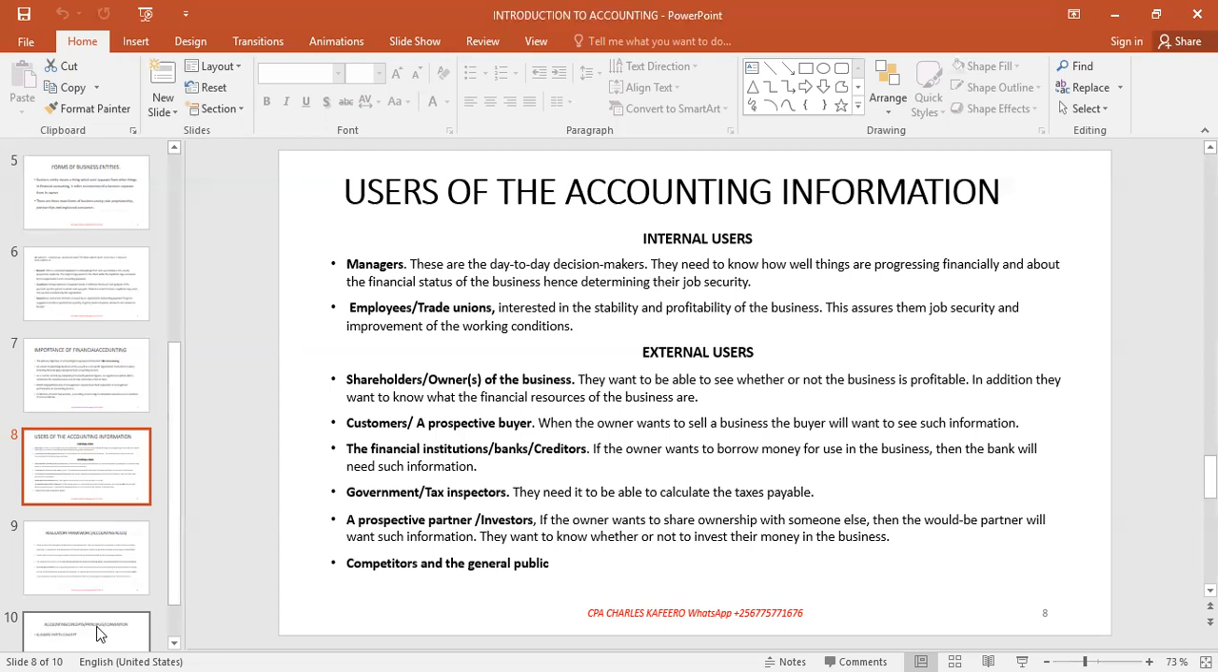So the third one, we can talk about the financial institutions stroke banks, and you can also include the creditors, but you can separate them and give their different explanation, because the financial institutions and banks, for them, they give actually cash, but these creditors, those are the people who supply us goods on credit. So what do they want from the accounting information? They want to know whether the company is making a good profit and it can be able to pay its debts on time,